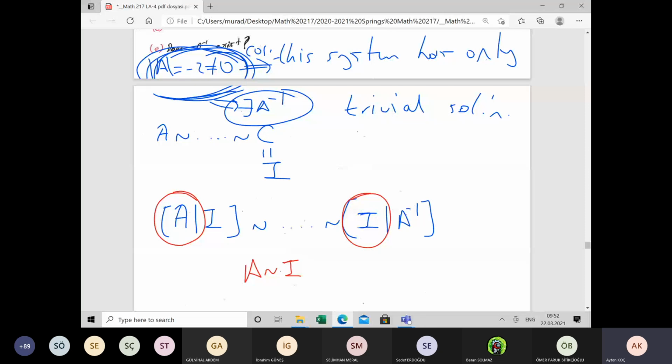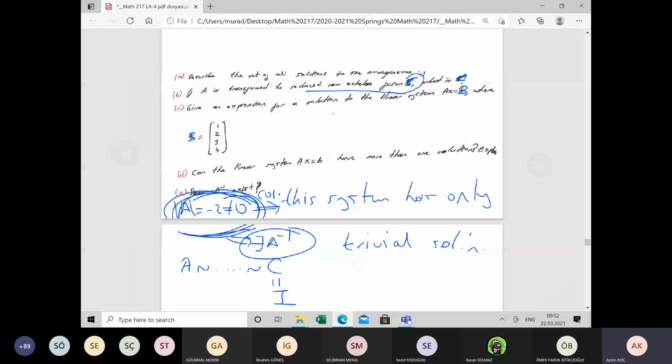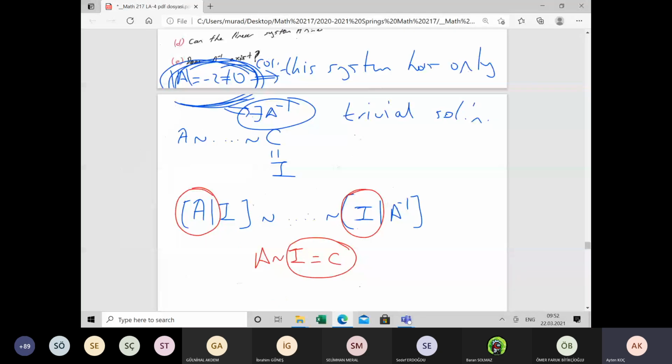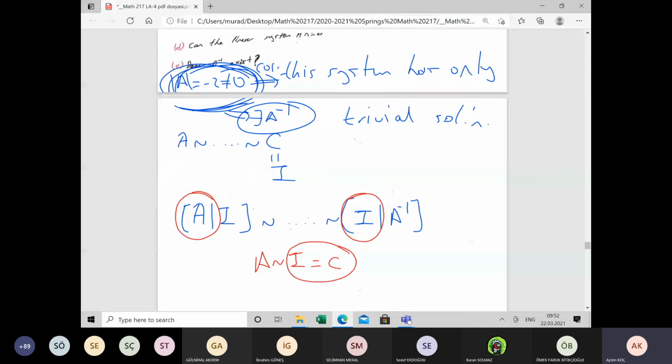So what's the matrix C? C is the identity matrix. So A is transformed to the reduced row echelon form C. What's the C? C should be the identity matrix, because A is an invertible matrix, because the determinant is not 0. So the next one,